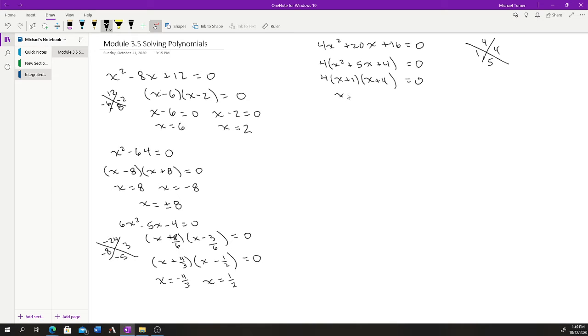If I set each of these equal to 0 and solve the one-step equation, I end up with -1 and -4. Notice here that when I get the factored form, like x plus 1 times x plus 4, the solutions end up being the opposite sign. And that's true all the way across. When we started, I had x minus 6 times x minus 2. My solutions were x equals positive 6, x equals positive 2. Even down here in the bottom left, where we ended up with fractions, the solutions are the opposite sign of